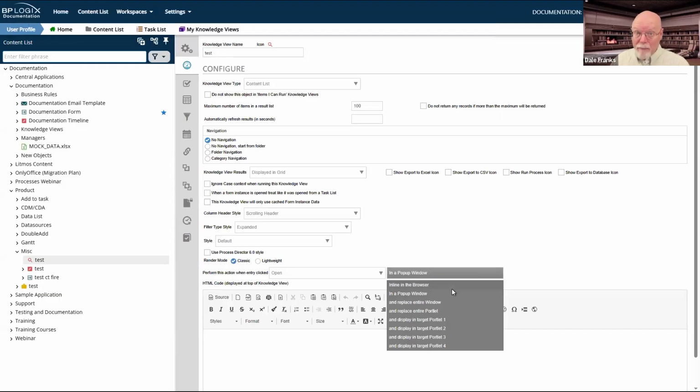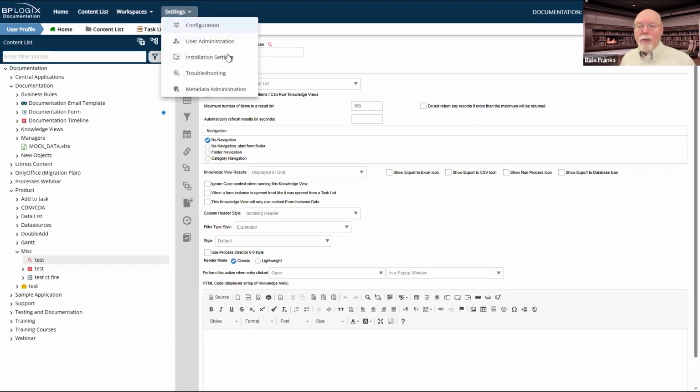Now, as I said, the default for the enable pop-ups property is going to be true, which means that your installation of Process Director, when you upgrade to .500, it's not going to work any differently. It's going to work just as it does now.